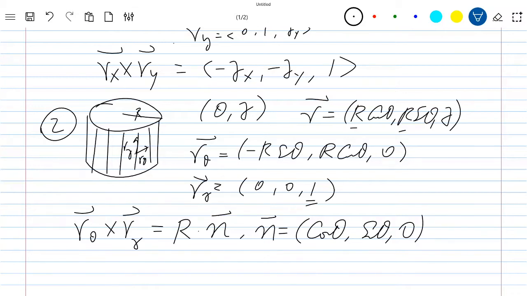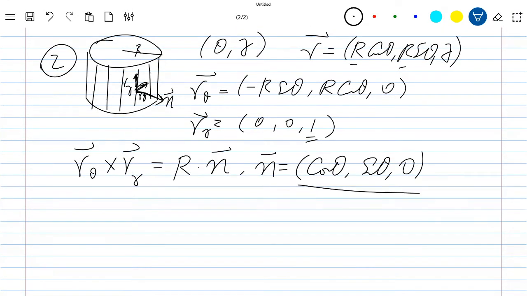You can see that using the visualization here. So r theta is perpendicular to rz, and the cross product points outward horizontally. So this is the direction of n. And the norm is just r, because when you write down the integral,